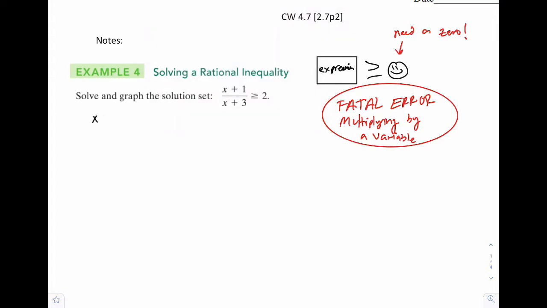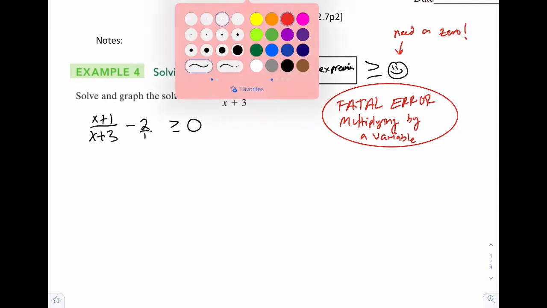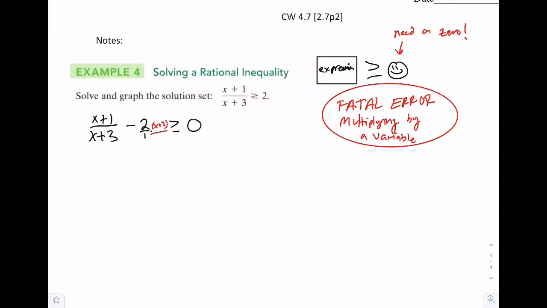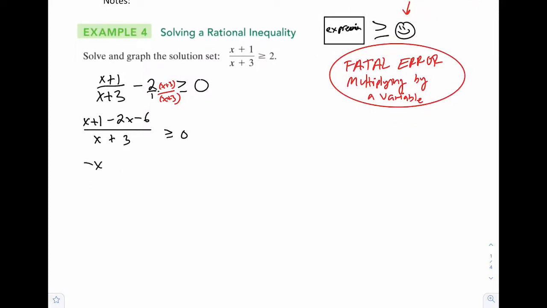So let's move that 2 over. So we have something like this now. We have two expressions. We need a common denominator, so make that over 1. So you can multiply by x plus 3, top and bottom. Now let's keep going. x plus 1 minus 2x minus 6, all divided by x plus 3. That's going to be negative x minus 5 over x plus 3, and that would be greater than or equal